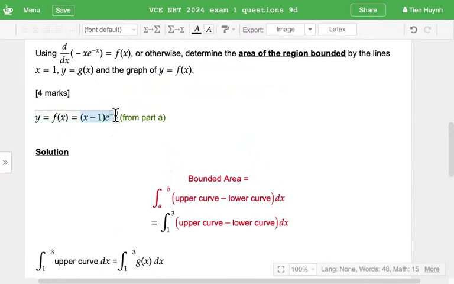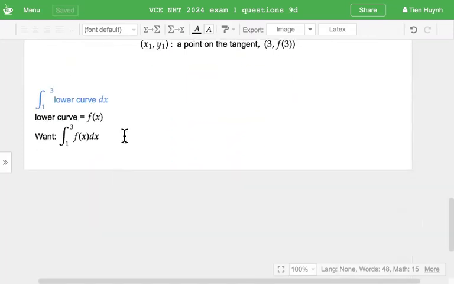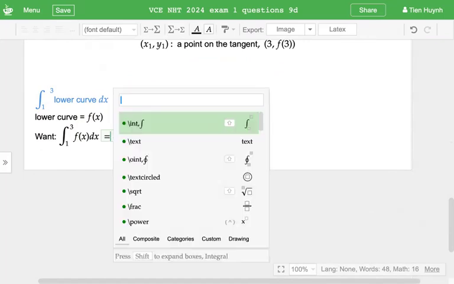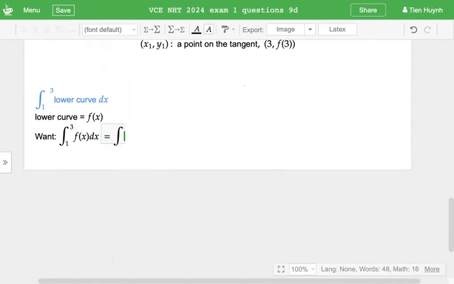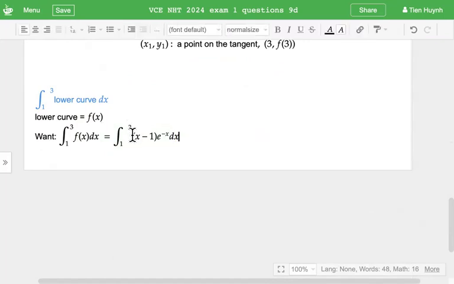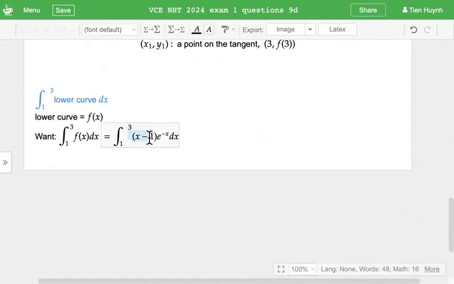So we need to be able to integrate that function from 1 towards 3. And because this is the product between a linear and also an exponential,